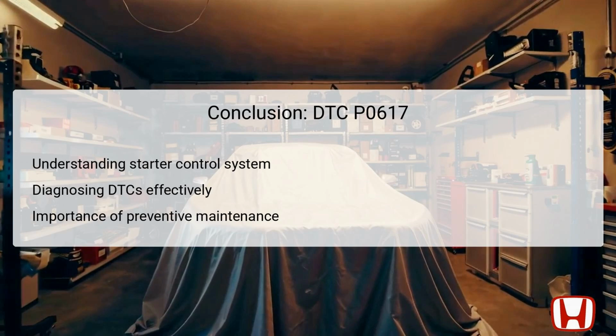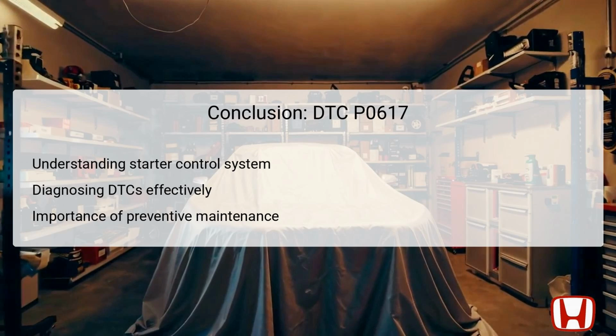Regular checks can greatly reduce the risk of such errors recurring, ensuring the vehicle operates smoothly and efficiently. By following these guidelines, you will be well equipped to handle DTC P0617 effectively and maintain the integrity of the